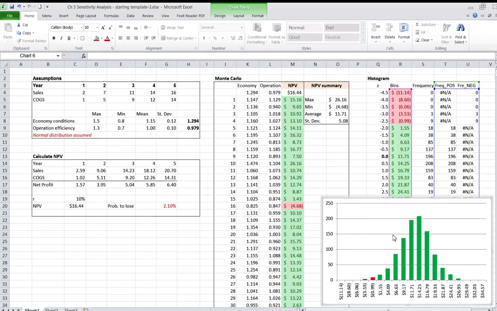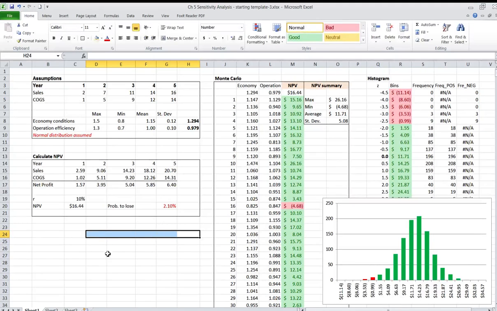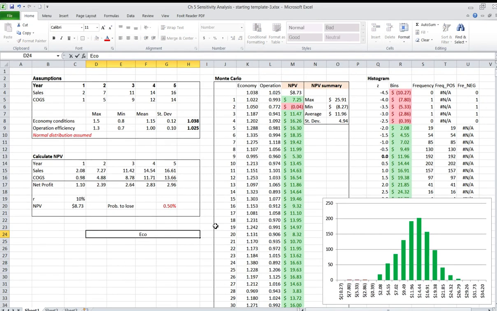It will be interesting now to see how this visualization compares to the standard data table function, because the data table function, when visualized using conditional formatting, tends to mislead slightly the probability of losing money. So let's say I'm going to apply the data table function here below the calculation of NPV. This is going to correspond to economy,